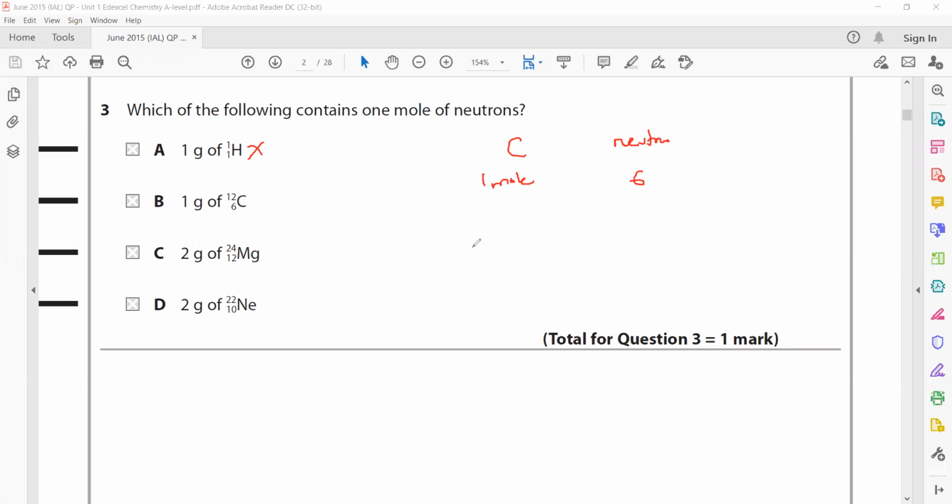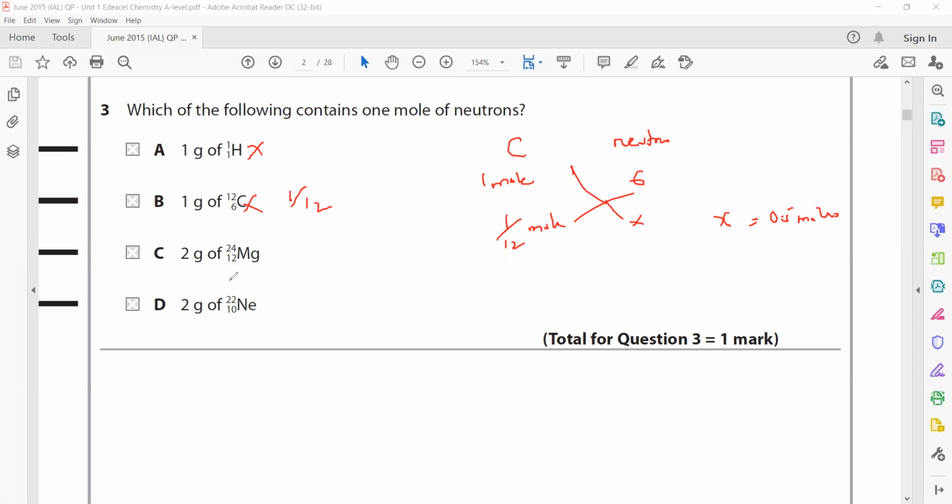And 1 gram of carbon, how many moles are there? To get the mole, mass in gram over molar mass, so 1 by 12 moles will have X. Cross multiply, so the value of X is equal to 0.5 mole. So 0.5, so this cannot be B. This is also wrong. What about C?